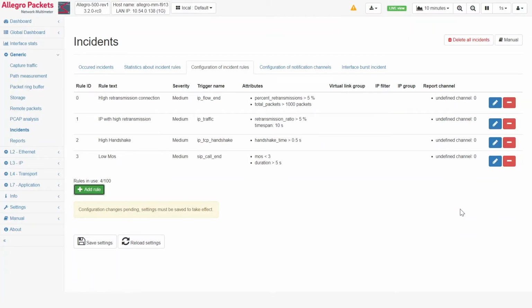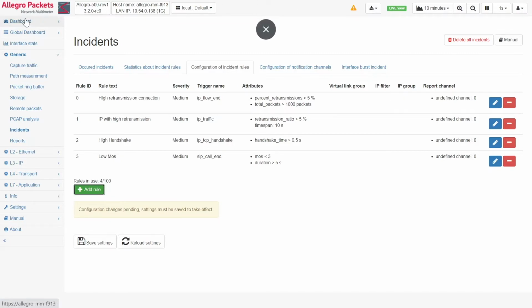We played with that feature, and we got very good feedback from test customers. And so we hope that this will be deployed widely and helps you to report directly to you or automatically to SIEM systems that something happened in the network which is not good. So handshake times, retransmissions, all these things.